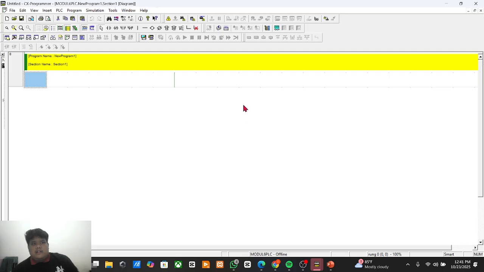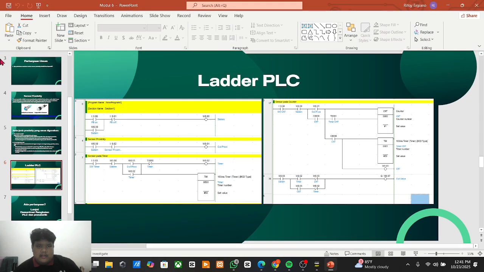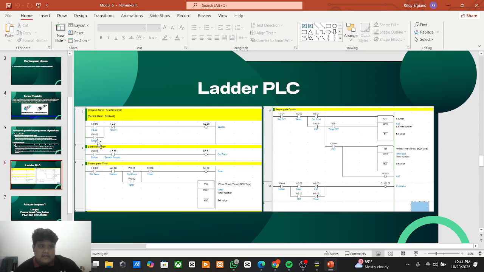Then according to this picture, first we have to make the first diagram here, like PB off or PB on, which is the switch button.